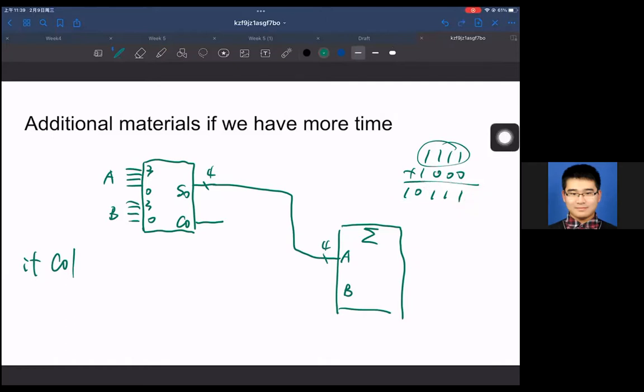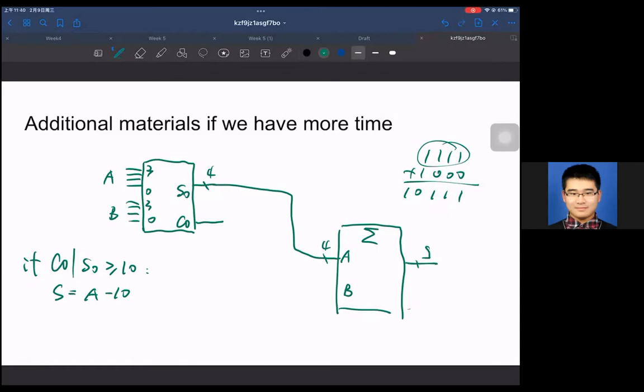So which means if we have a carryover, of course, we need to do a -10. What other cases? That is SO greater than or equal to 10. These are the only two cases we need. And in this case, S equals A minus 10. So this is S, and we got,